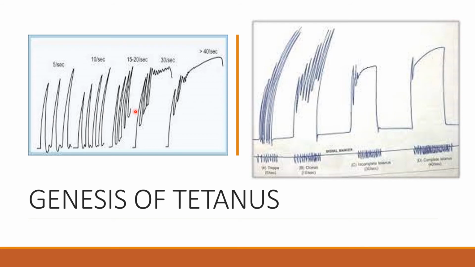And then the clonus, it is a state of partial tetanus observed in experimental condition only. Okay, so this should not be confused with the clinical clonus, which is seen in upper motor neuron type of lesion. In experimental clonus, the relaxation is incomplete. Here you can see the relaxation is not coming back to the baseline. So relaxation is incomplete. These two are incomplete tetanus or clonus.